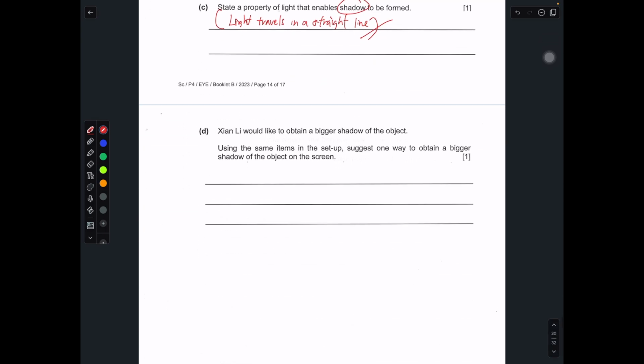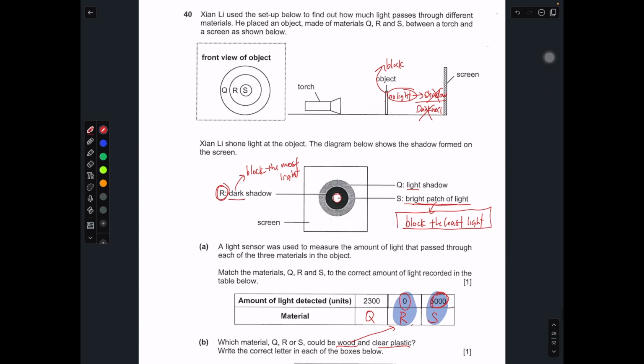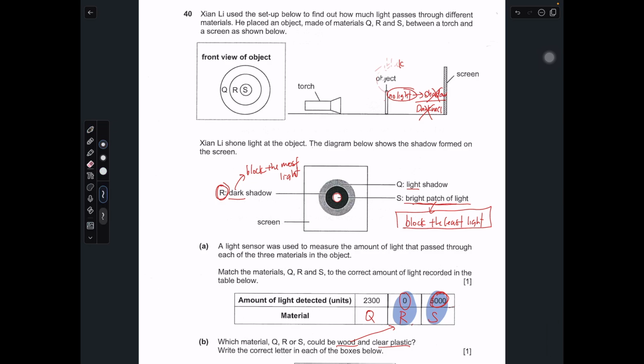Okay, Xianli would like to obtain a bigger shadow, a larger shadow, using the same items in the setup. Suggest one way to obtain a bigger shadow. So one way to do it is to draw lines. In an exam, if you're not sure, you can draw lines. So you start from here. This is the shadow that you will see if this object is here. So if I move this object nearer,